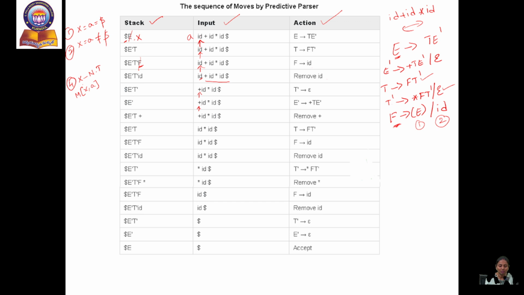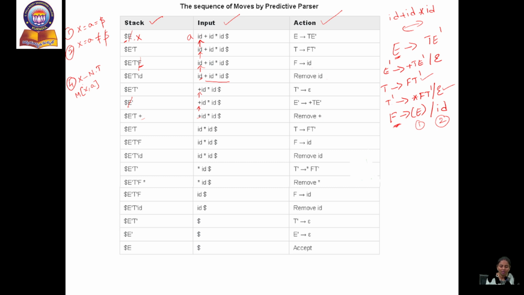Now we check E' with plus, not equal, so we write the production for E'. So popping E' from the stack, writing E' plus T into the stack, E' T plus into the stack. Now plus and plus are both equal, so we can remove plus